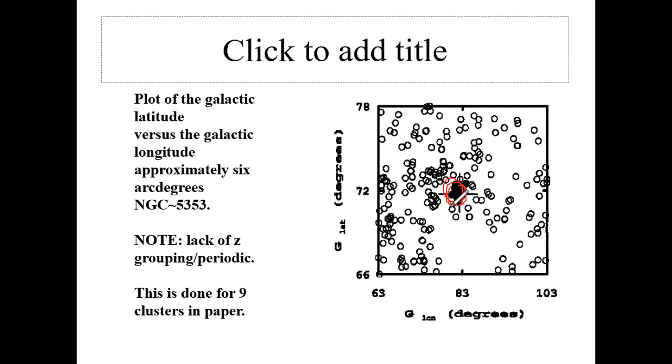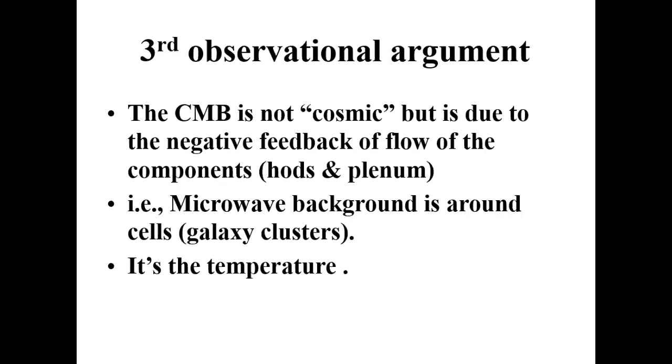Well, that's because the Z, the redshift, is being influenced differently by elliptical galaxies and spiral galaxies as the light passes by them. The third observational argument against the QSSC had to do with what is called the cosmic microwave background. Now, the STOE is going to suggest that it is not cosmic in the sense that it's due to some very, very far distant radiation, but it's due to the negative feedback flow of the components of the universe,